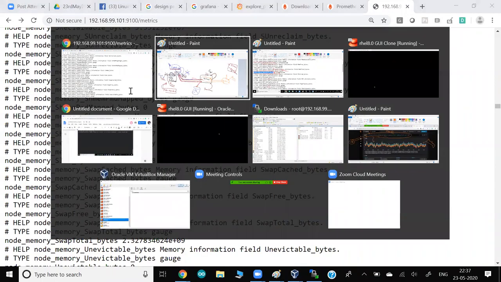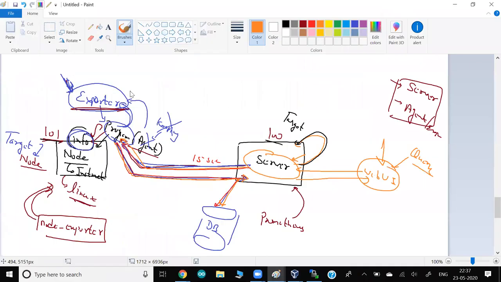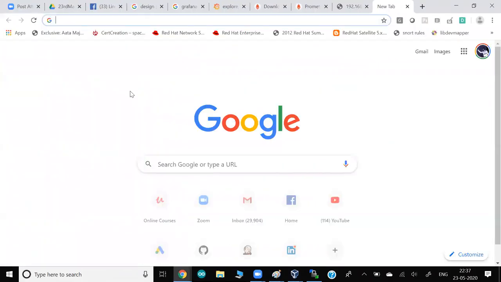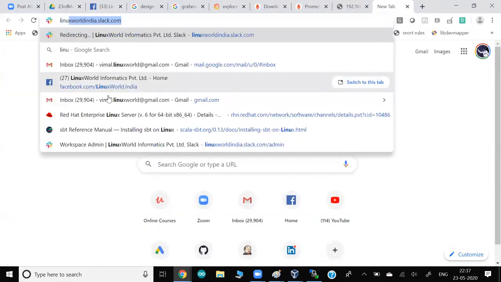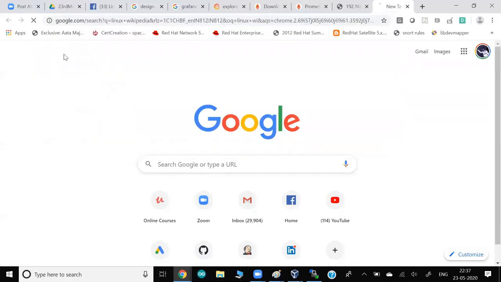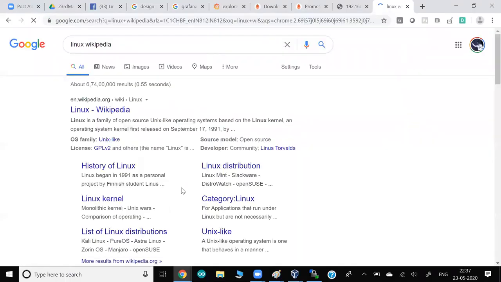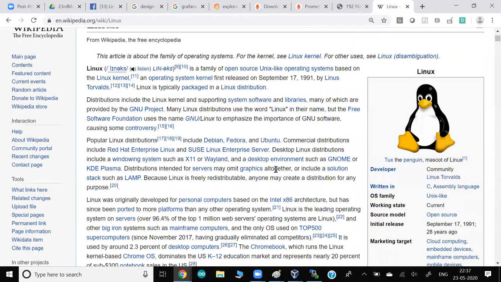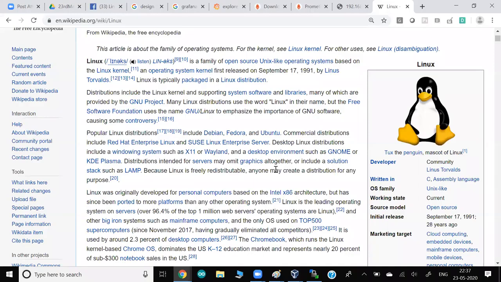So guys, if you go to any website, let's say Wikipedia, or let's say Linux Wikipedia, and from this website you want to retrieve this word or that word, in the web domain world it is known as web scraping. Okay, same thing is here, right?